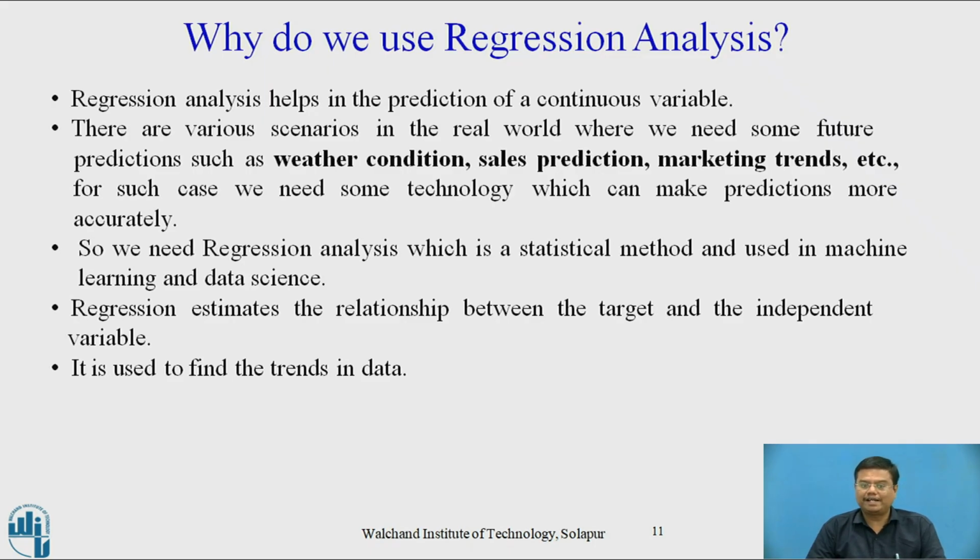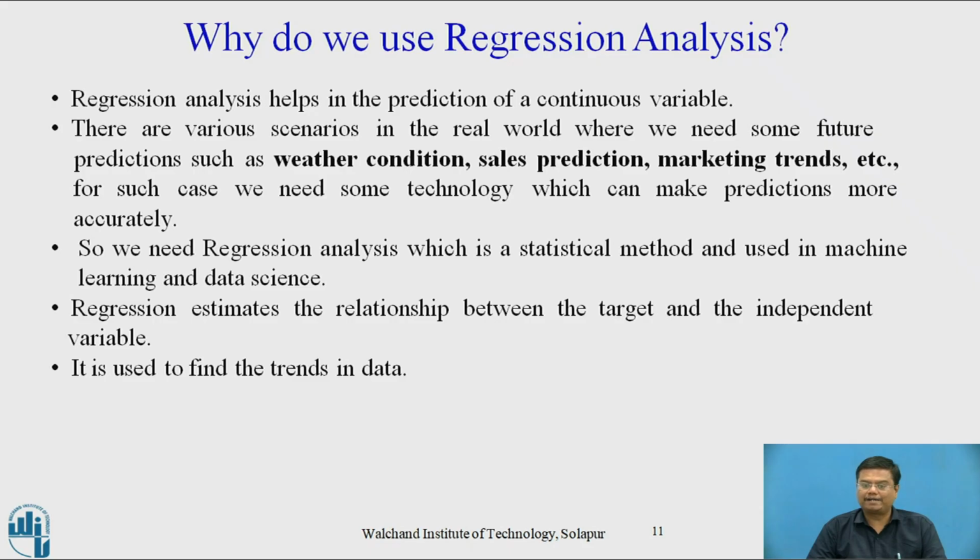So we need regression analysis, which is a statistical method used in machine learning and data science. Regression estimates the relationship between the target and the independent variable. It is used to find the trends in the data. So we are finding the trends in the data and we are achieving the target by taking the independent variables,